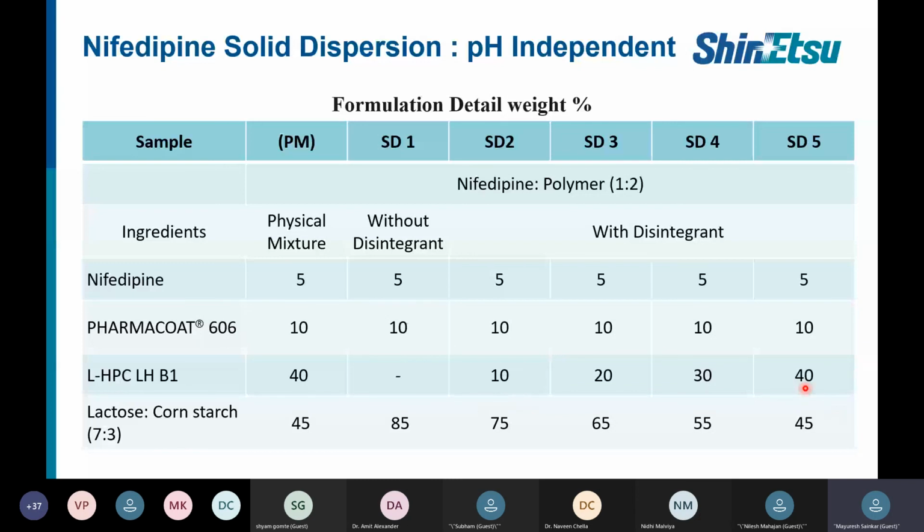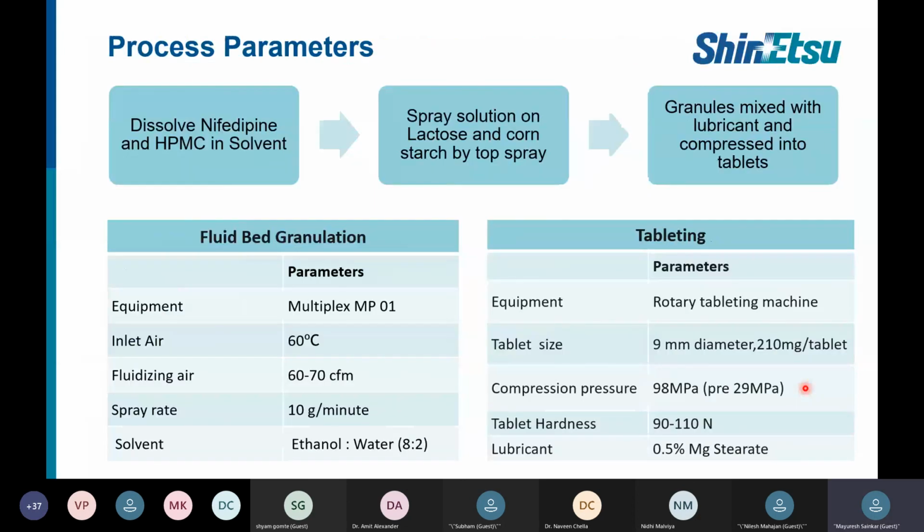And we wanted to check what is the impact of changing the disintegrant. The process again remains the same: dissolving our nifedipine and HPMC in a common solvent, spraying that onto the lactose cornstarch by top spray granulation, and finally the granules can be mixed with the lubricant to compress into tablets. So the process is very simple. We just wanted to check the impact of the disintegrant, how increasing the disintegrant can have an impact while solid dispersion is